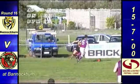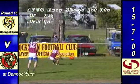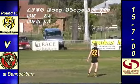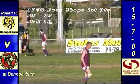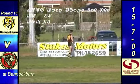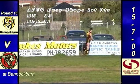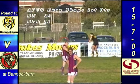Matty East leads in the race for the ball for Bannockburn. He's tackled by Zeal. In fact, Zeal beats him to it, gets the footy back to Sabevsky. Sabevsky of Bellpost Hill kicks it from half-back flank over the centre wing. I think it's a little bit too hard, because it's out of bounds on the full, just ahead of Simon Zeal, who was heading back to try to take the mark. But it is out of bounds on the full. Free kick to Matthew East of Bannockburn. 26 minutes, first quarter,